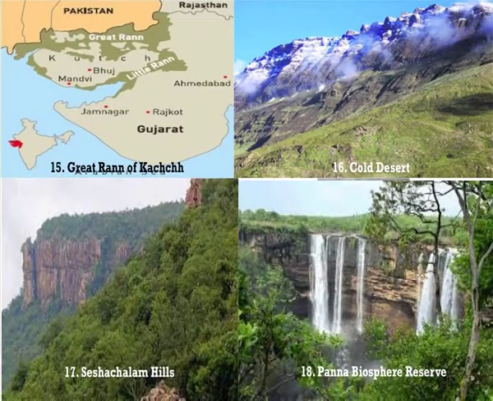Next we come to the Seshachalam Hills, which is part of the Chittoor and Kadapa districts of Andhra Pradesh. Again, moist deciduous type of flora is found here, as it has a tropical monsoon climate. Jungle cat and great mouse deer are found here. The Sri Venkateswara National Park and Sri Venkateswara Wildlife Sanctuary are part of this biosphere reserve.